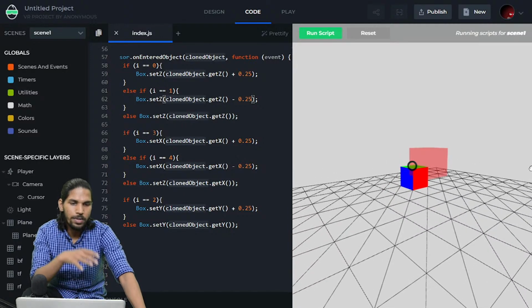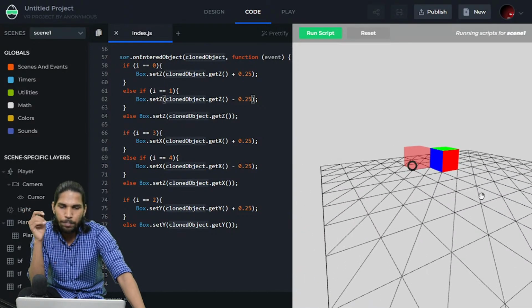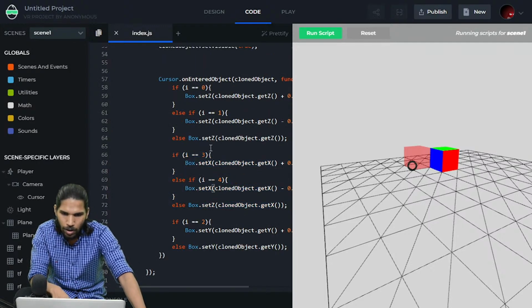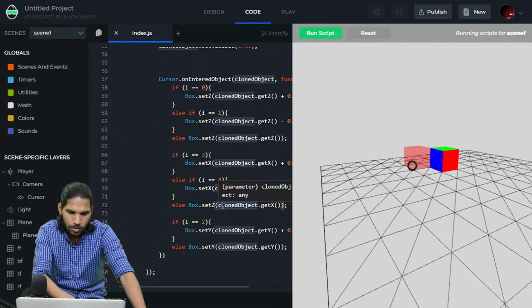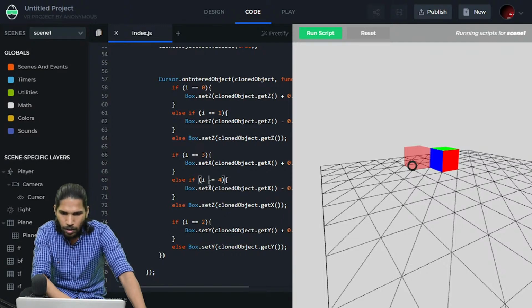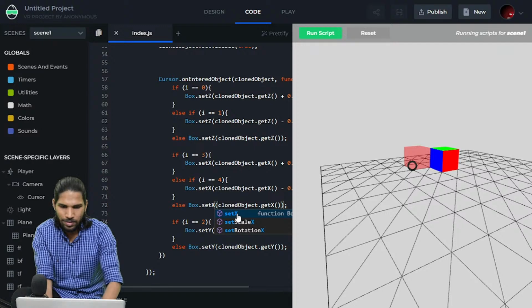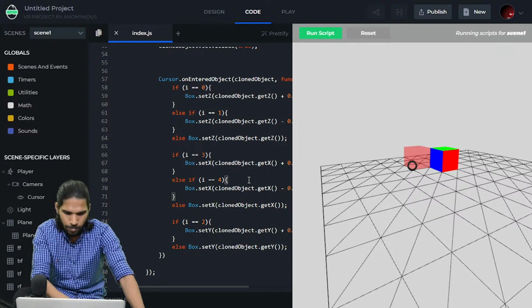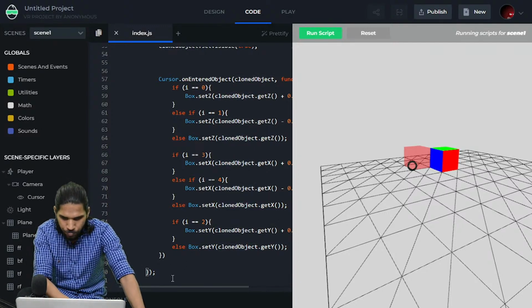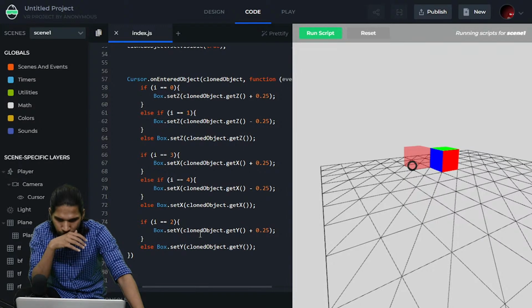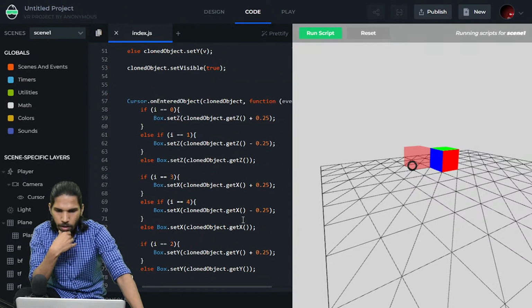Yeah, but the top, front and back are not. So left and right are working perfectly. So this is fine. Now I found my error here. So left and right, this has to be set X to get X. Set Y to get Y. So cloned object,